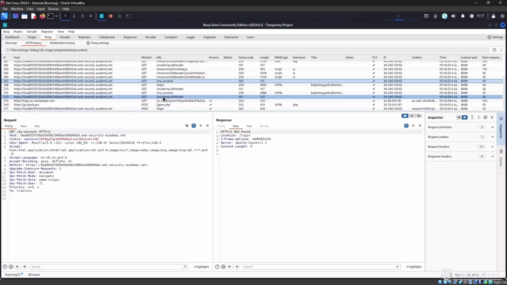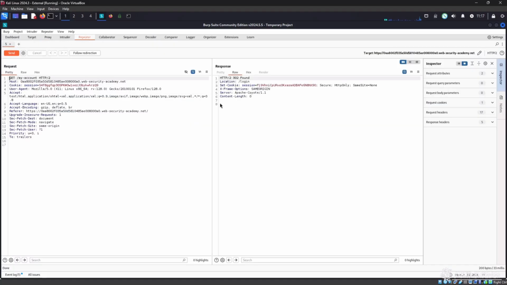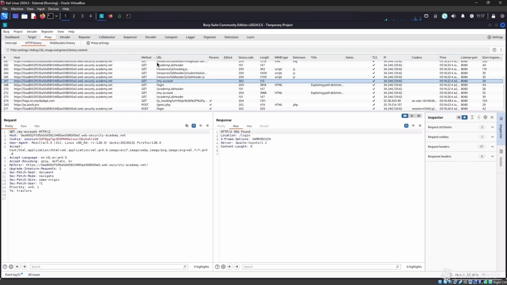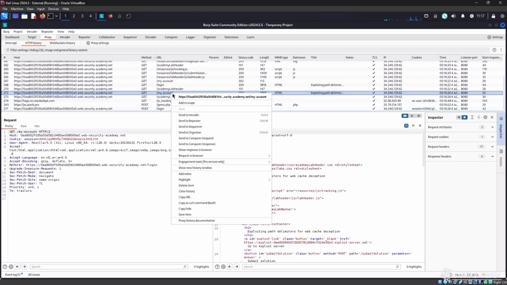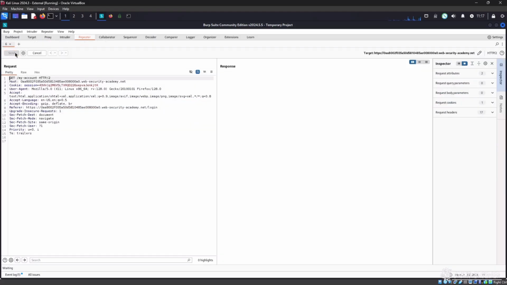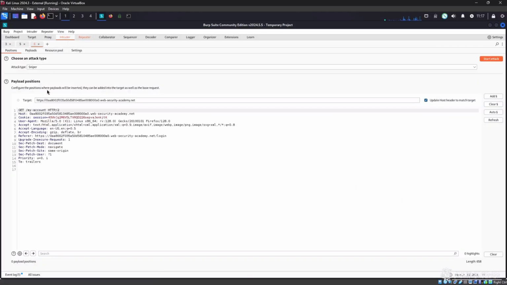So this is the page the intruder will try to tinker with, and the next thing we need to do is to find a workable path delimiter. So this request, let's send it to the repeater and test if we get a 200. This is old, this is not the right one. Probably have some My Account somewhere else, like this one. Let's send it to the repeater, try it, it's 200, and now let's send it to the intruder. So we can check different path delimiters, and the place of the delimiter is right here.